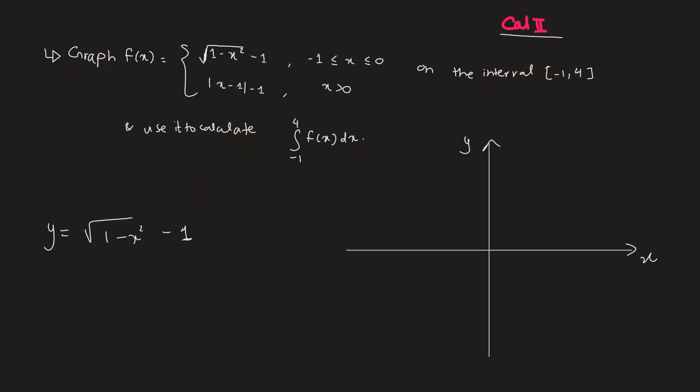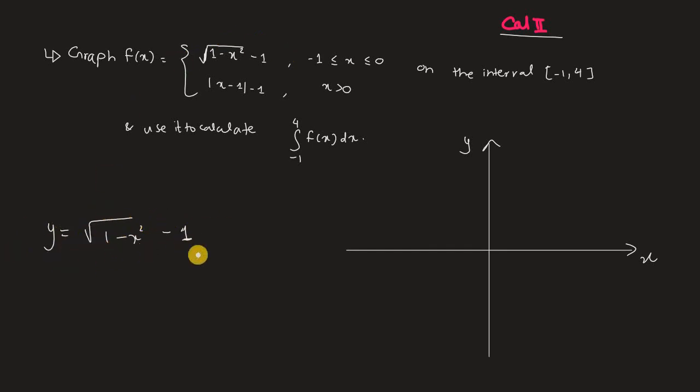Alright, so in this question, we're asked to find the graph of the given function over the given constraint on the interval -1 to 4, and then use it to calculate the integral. So in this video I'm going to focus on the graphing and setting up the integral, not the solving of the integral. Alright, so first we are given this equation, y equals to -1 minus x squared